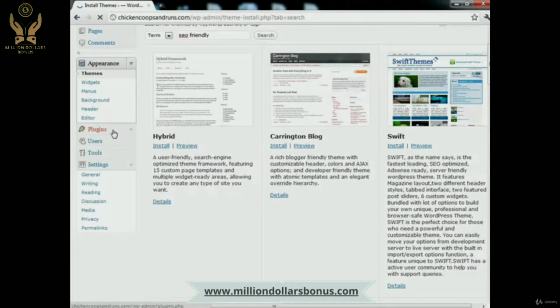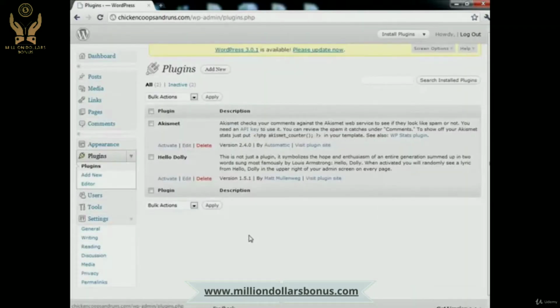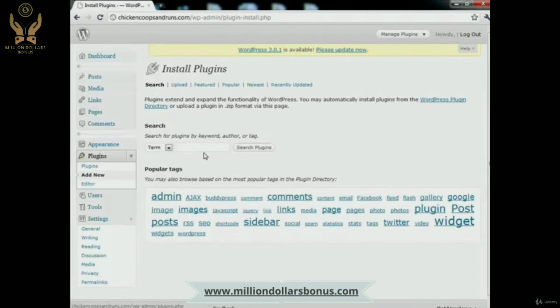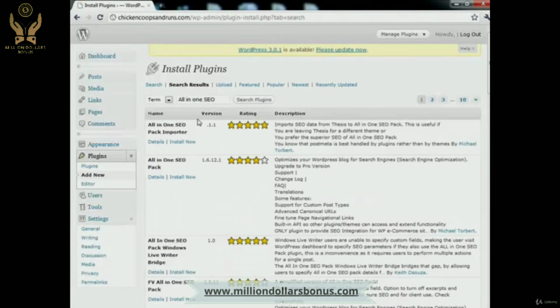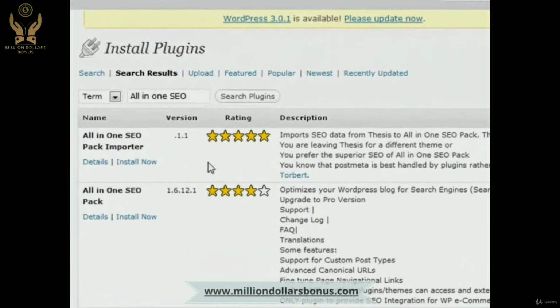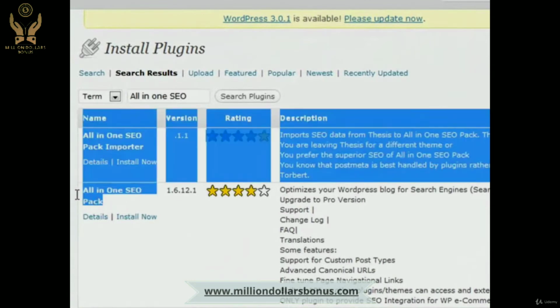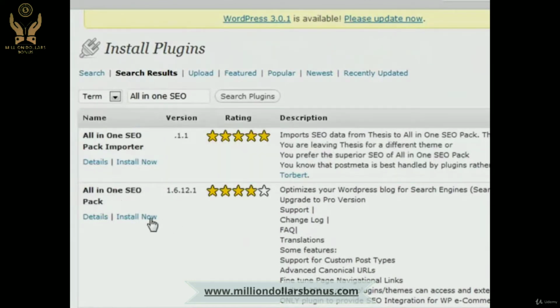Next, click on Plugins. In here, we'll need to add a few very important plugins to optimize our blog, so click on Add New. The first plugin we'll be needing is the all-in-one SEO plugin. This tool will help us with on-page optimization. Next, click Search Plugins. The one we should be installing is called the All-in-One SEO Pack. Click on Install Now